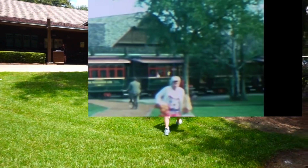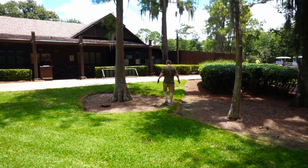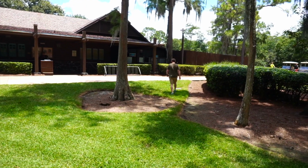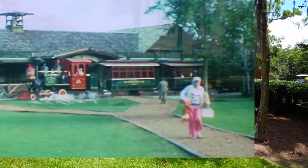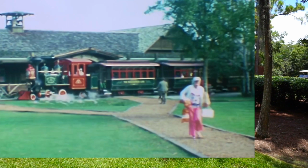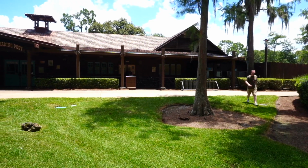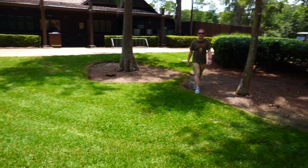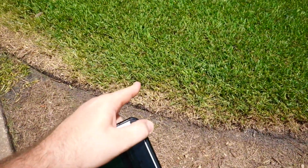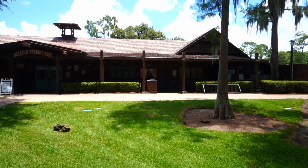So crazy. Now where JT is walking, he could have been walking straight up on a pathway. That wouldn't have been grass, that would have been the path. And right where he's standing is like the first coach of the train. And the front of the train would have been directly to the left of him. How cool is that? So the area right here in the grass is still in the shape. If you come over here and look where the grass and the pine straw separates, it's still here after all